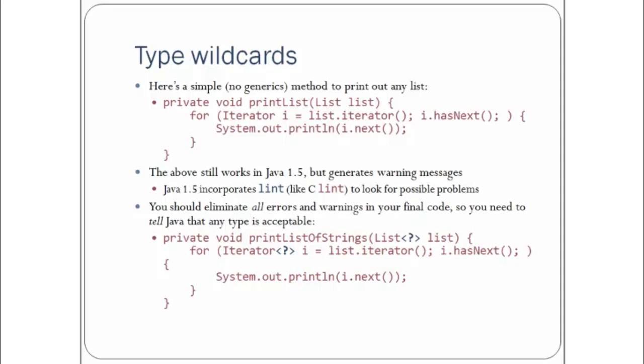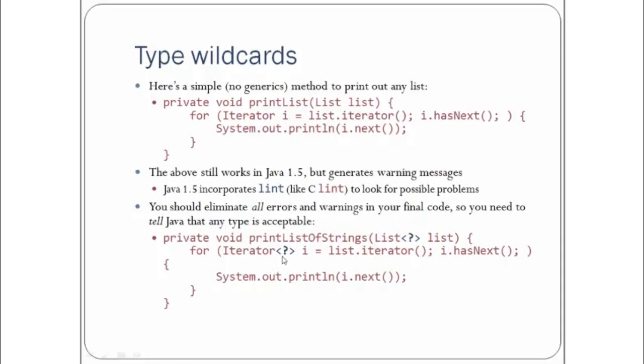To remove that warning, you should generalize your list by telling your compiler which kind of elements this list can take. Either a list can take string elements or integer elements, and so on. Let's say you're not sure which elements you want to put in, so you can use a question mark over here. So if I do private void printList, with a list of question mark,